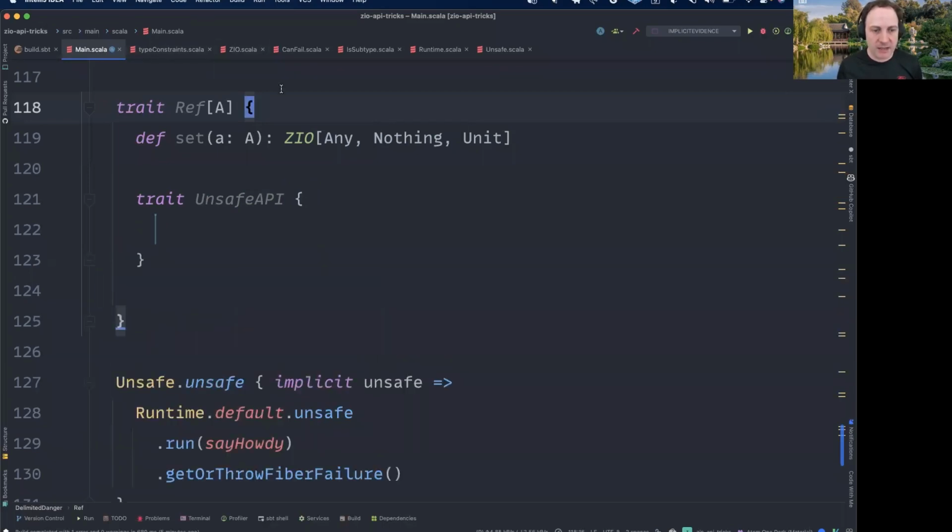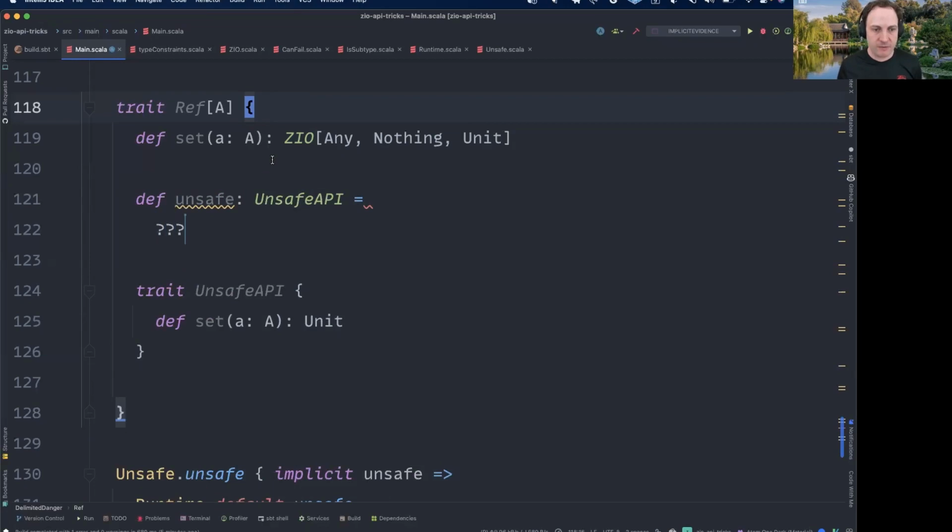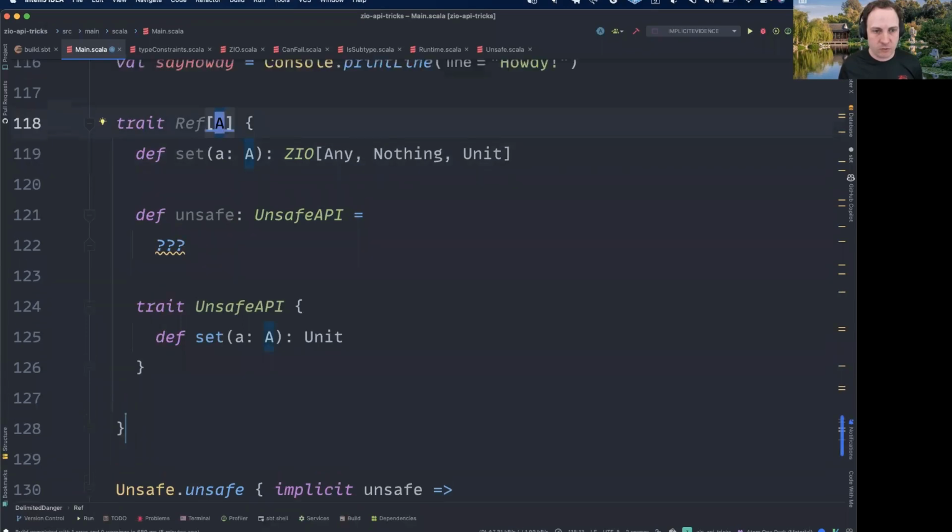And then the set gets moved inside here. And then it doesn't need the unsafe in front of it because it's inside the unsafe API. And then we just have some little method here that just gives you the unsafe API. And so in this world, if you wanted to do something unsafely with your ref,